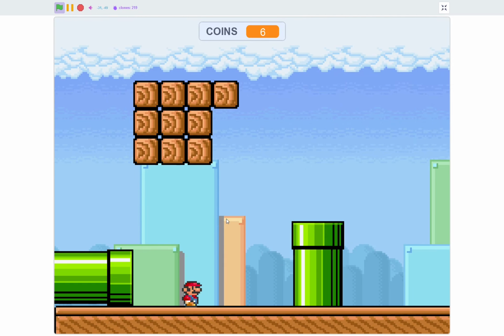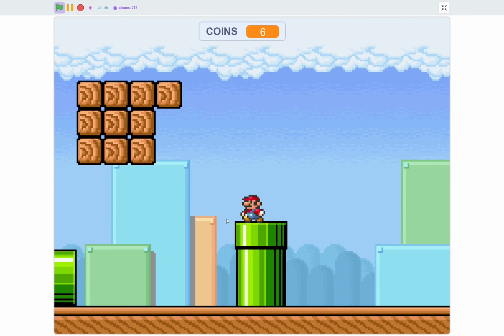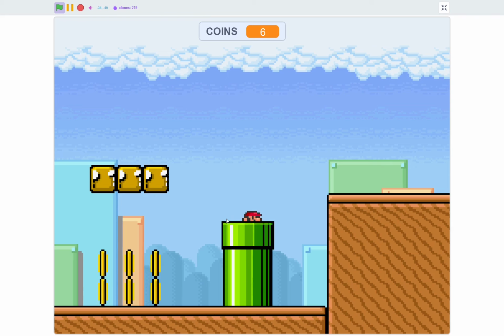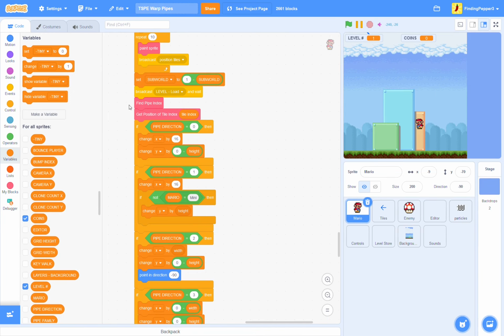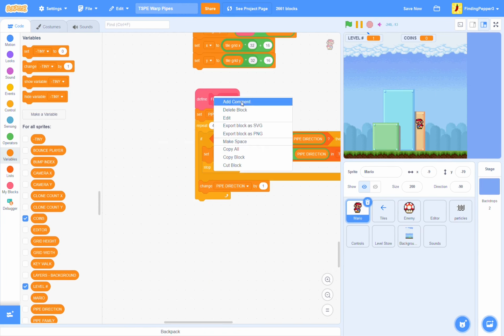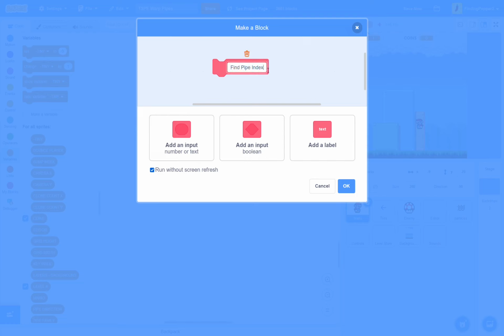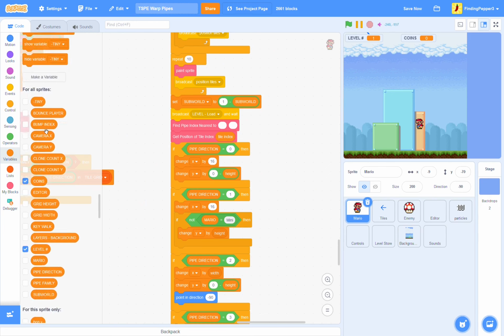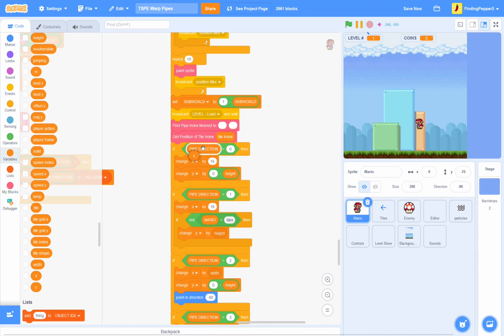Let's change it so that we come out of the pipe that is closest to the pipe that we entered. Let's edit our find pipe index block. I'll rename it find pipe index nearest to, and then input x and input y. When we call this block, we can just stick in our x and y variables. And I'm keeping them like this because we will reuse our x and y variables for something else inside this